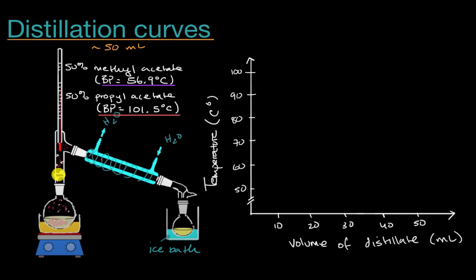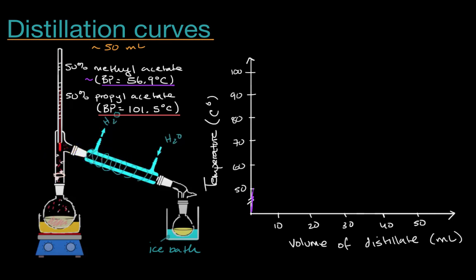And you could imagine right at where that condensation ring is roughly initially going to be at the boiling point of methyl acetate. And so when this temperature is having fairly low readings, maybe right at the beginning, you're not going to be generating a lot of distillate. You're not really going to be generating a lot of distillate until this condensation ring gets pretty close to where the bulb of this thermometer is, and those vapors can start entering into this condensation tube.